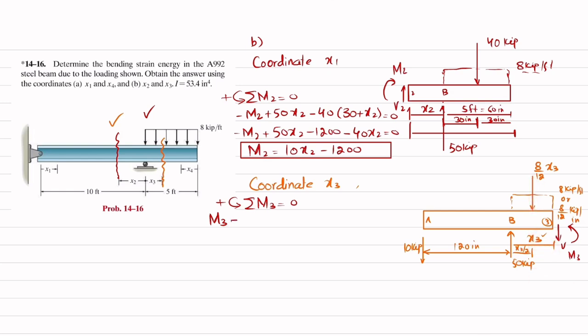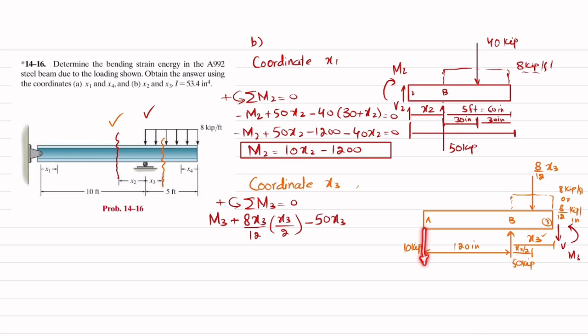So I will write 8x3 over 12 into perpendicular distance, which is x3 over 2. The other moment is due to this 50 kip load, and the perpendicular distance is x3, and this is clockwise, so it will be negative. So I will write minus 50 into x3, and the last moment, which is produced by